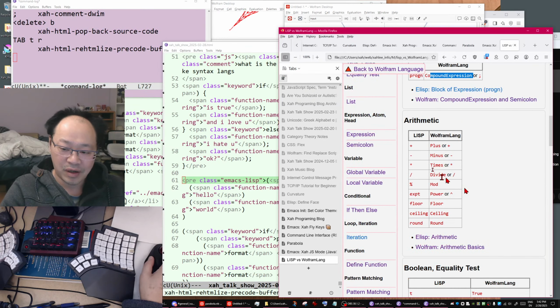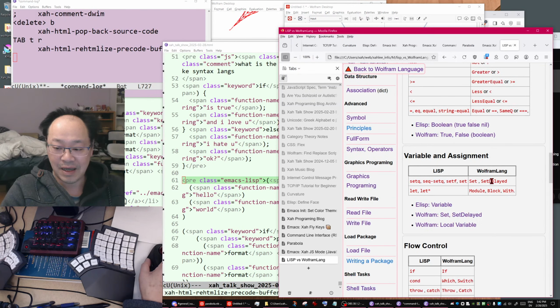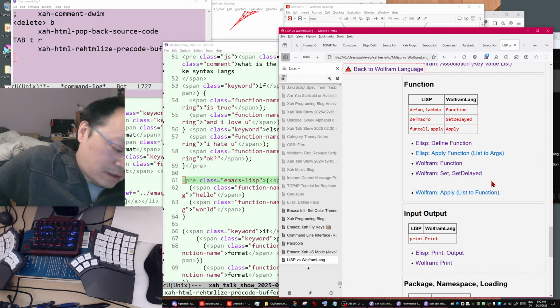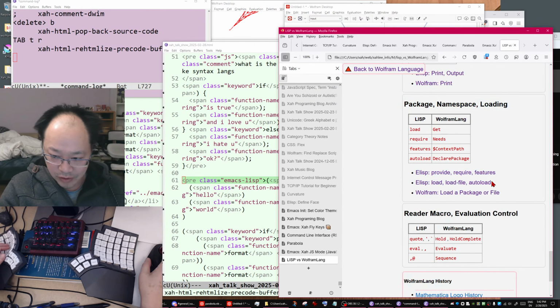Then you have arithmetic, then Boolean equality tests: and, nil, or, not, true, false, equal, greater than. There's almost everything in Lisp. There's almost the same analogous one in Wolfram language, because Lisp is a parent of Wolfram language.